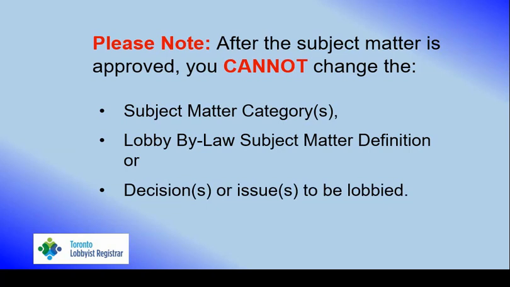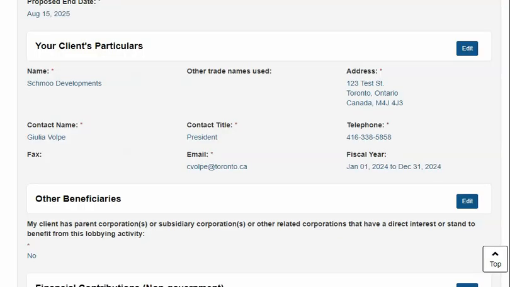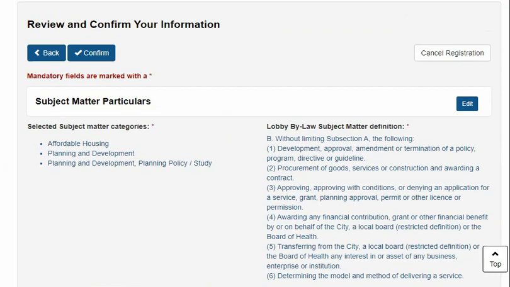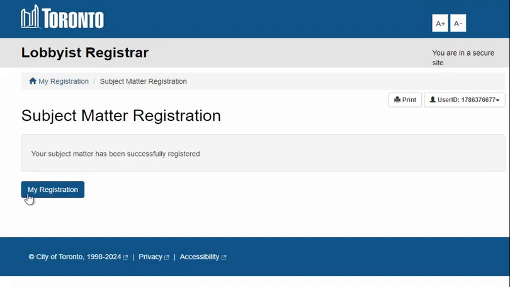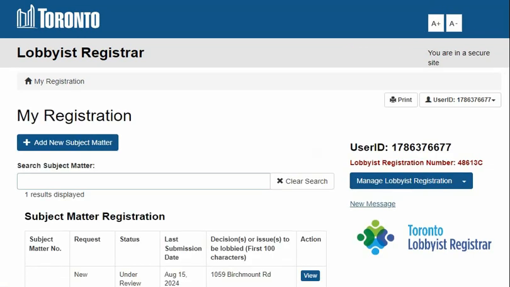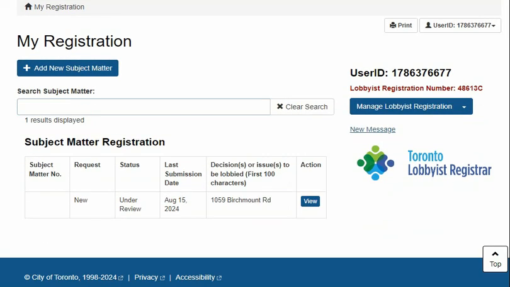Once you have confirmed all your information is accurate, select Confirm. Select My Registration to be brought back to the main page of your lobbyist registry dashboard. You can now see your subject matter is under review.